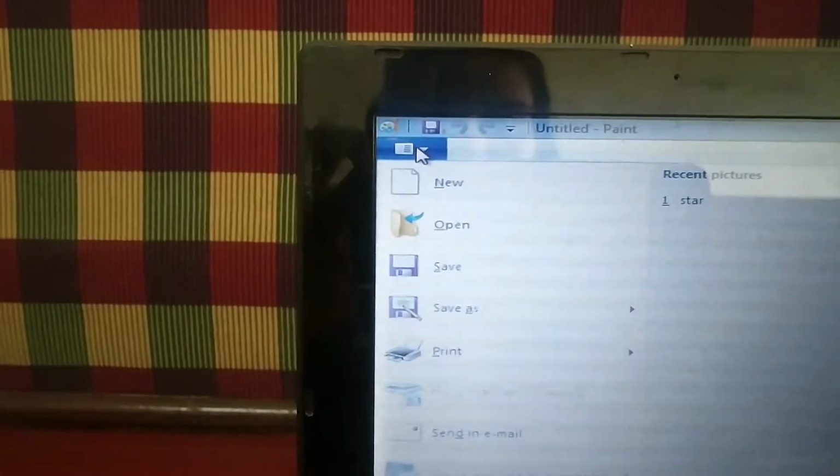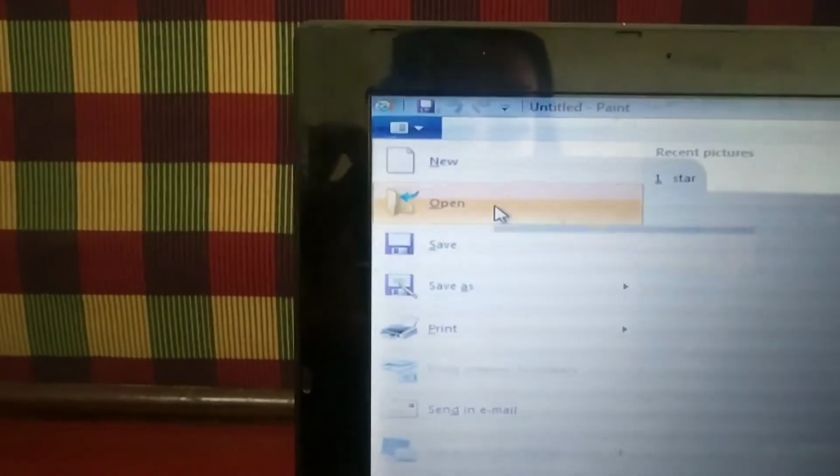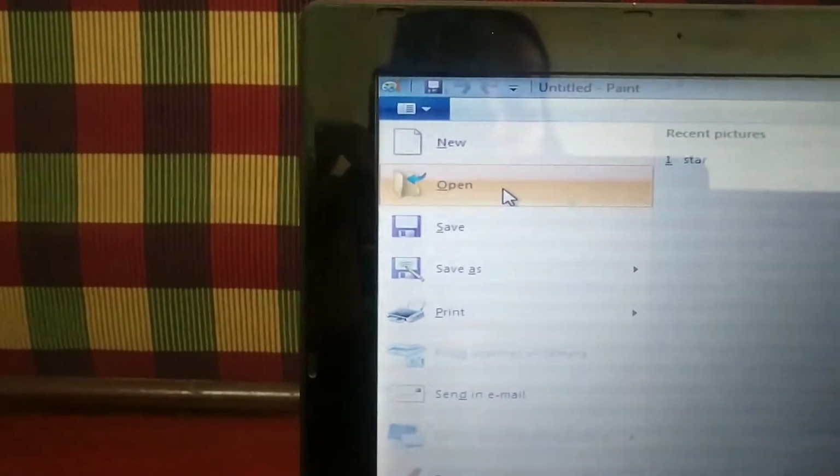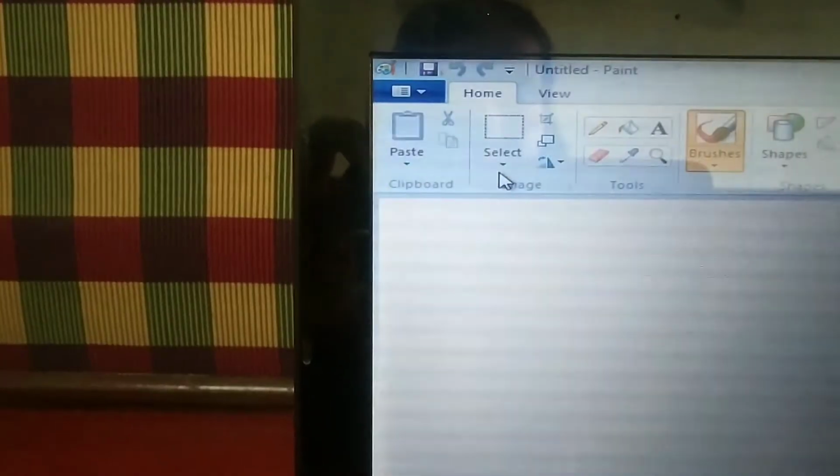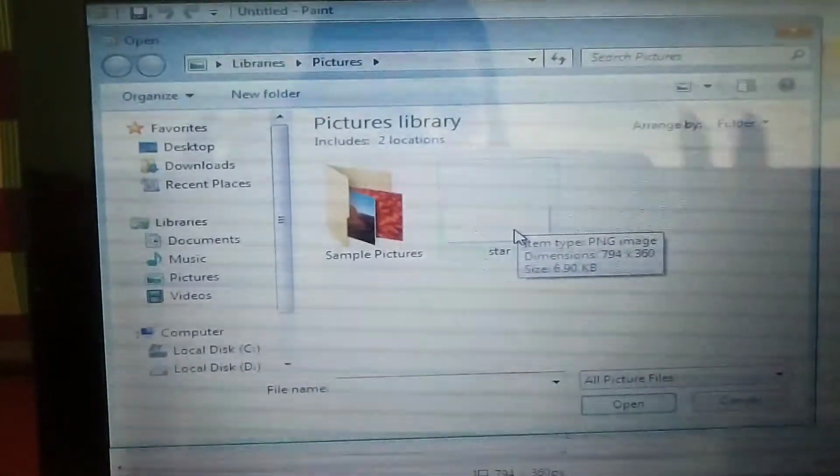How can you open them? First you have to click on the Paint button. Okay, click on the Paint button. Now click on Open because we want to open our picture, right? When I click on Open, can you see our star?